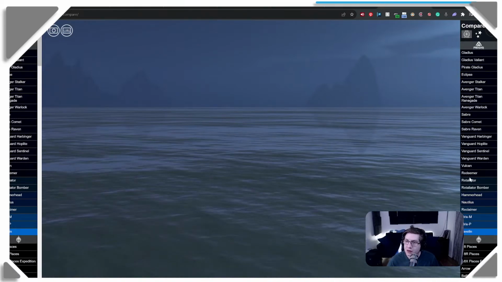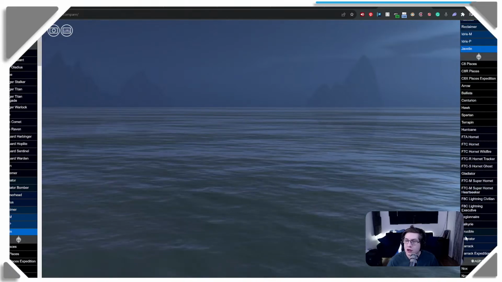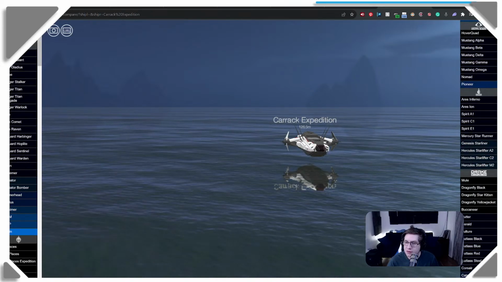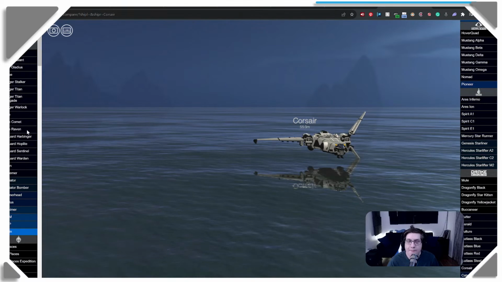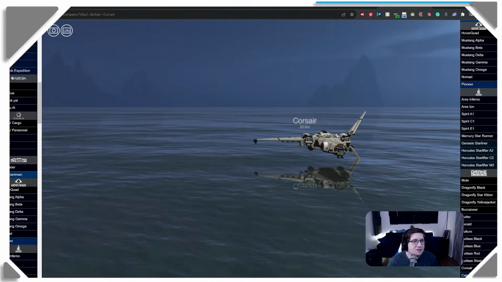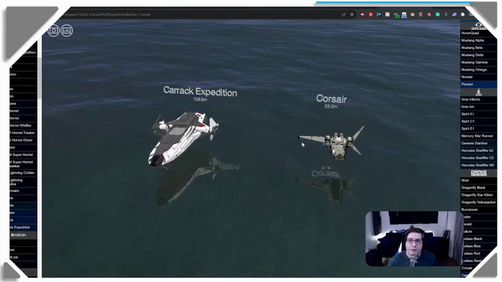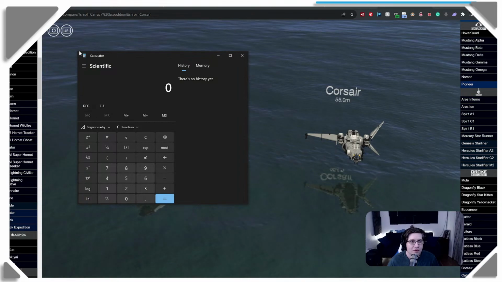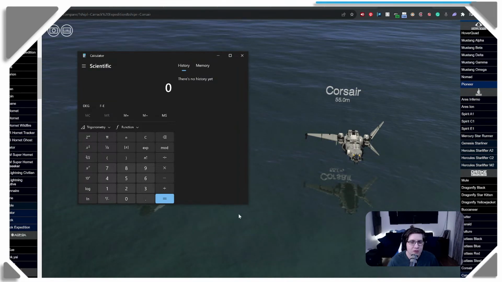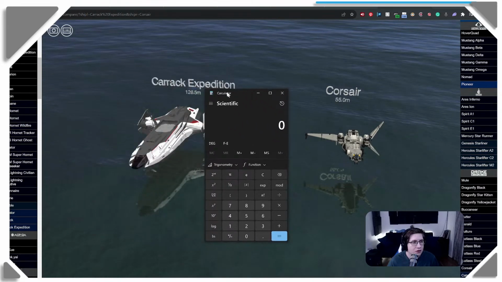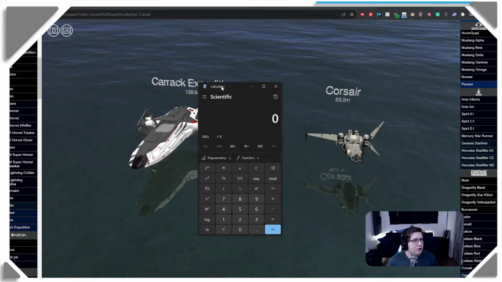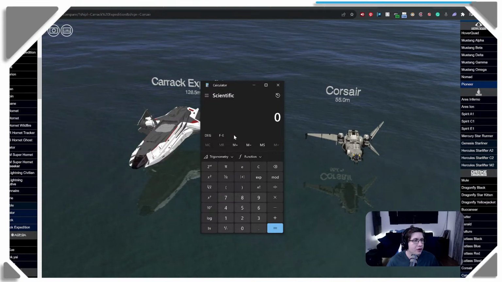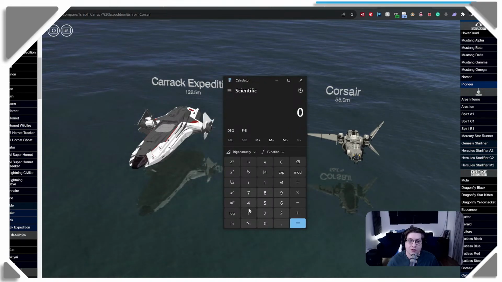What are we doing? Carrick Expedition because it's prettier. And Drake Corsair. I am dumb and hit both of them on the same side. All right, so let's do my favorite part, math. Where's the corner? Give me the corner, jerk. Even a reverse version of the belligerent duck would be, yeah. Oh, reverse version, yeah. Okay, so